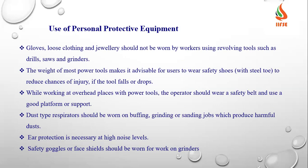Then use of personal protective equipment. So what kind of PPEs should be used while handling these kinds of tools? Now we'll see. Gloves, loose clothing and jewelry should not be worn by workers using any revolving tools such as drills, saws or grinders. Especially cotton gloves, the thread particles which will come out have a high chance of interacting with these rotating parts or drills. It will get entangled. So it is better not to use such kind of gloves or clothing